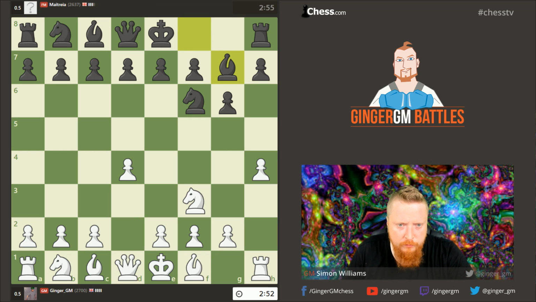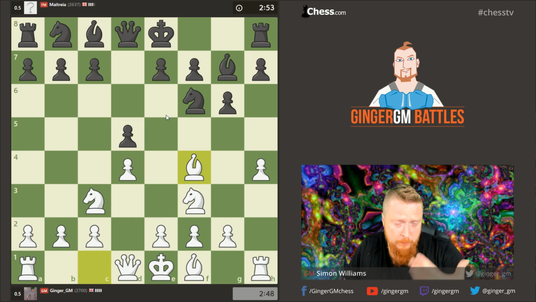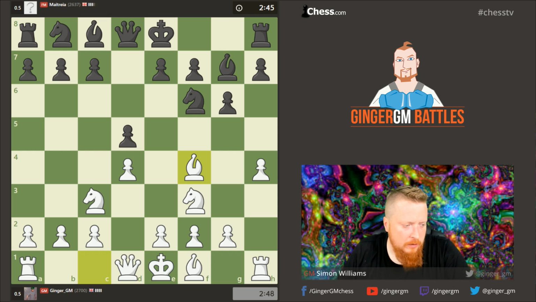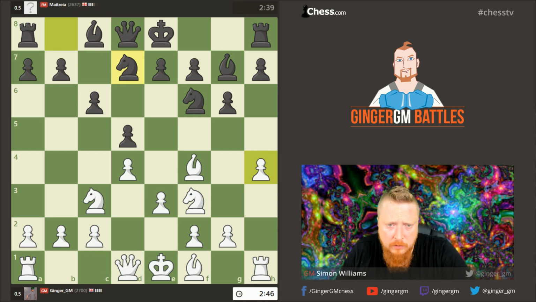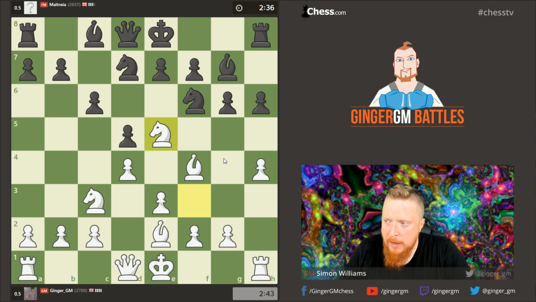lot of success with. And the idea of this is now to go into a Jobava-London system, and with bishop f4 we transpose into a line there. Except the knight is on this square, but it seems like quite an interesting way to play, because you've always got ideas of sacrificing this pawn and gaining the attack. I mean, you can also play this line with an early pawn there immediately, but I think this is a nice simple way of doing it. The bishop is generally better on this square compared to d3 in these lines, and now knight e5 becomes the